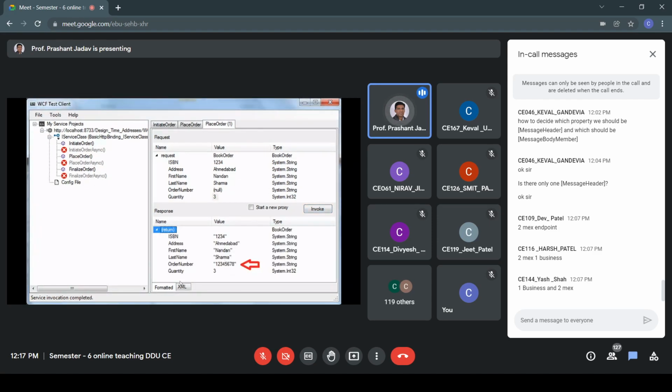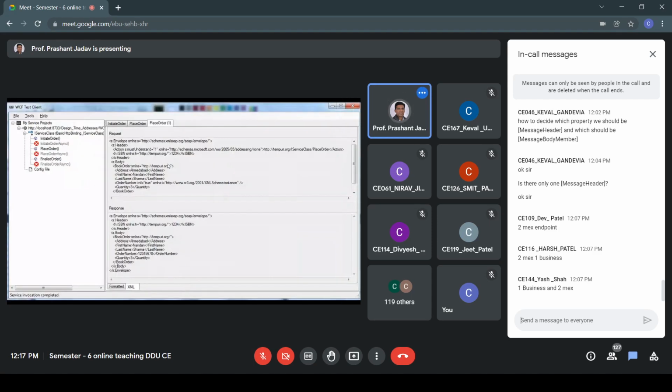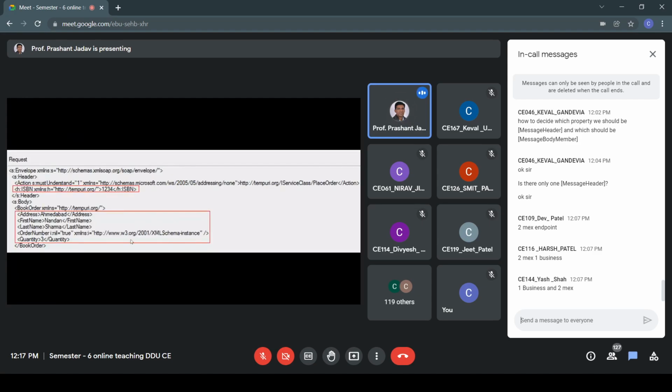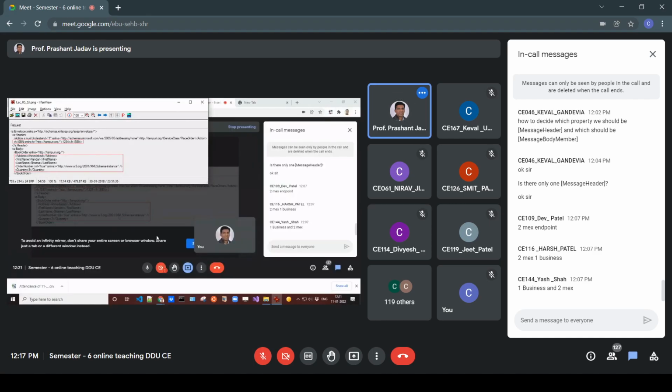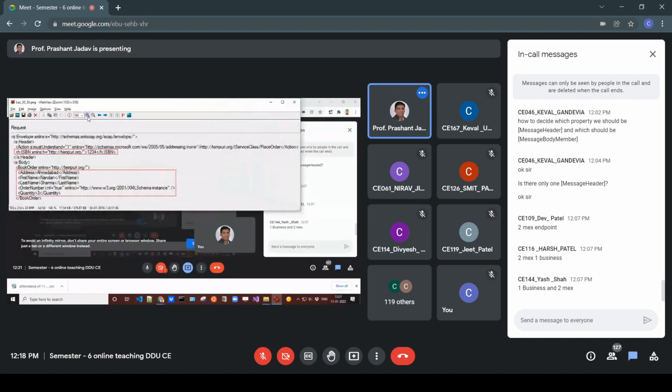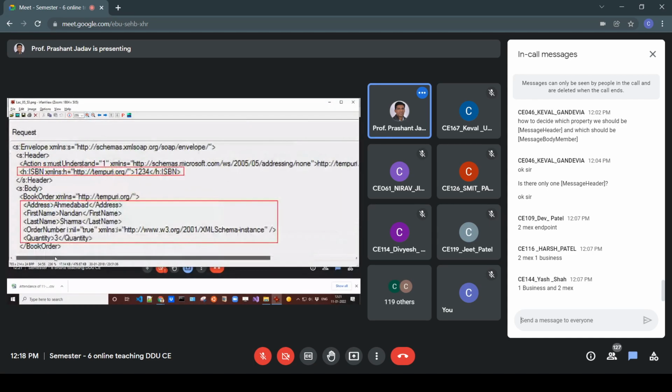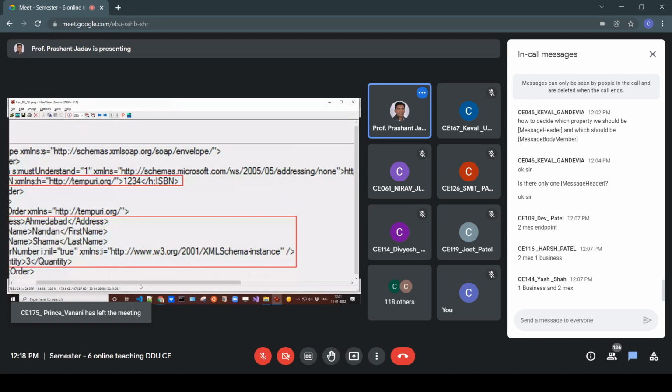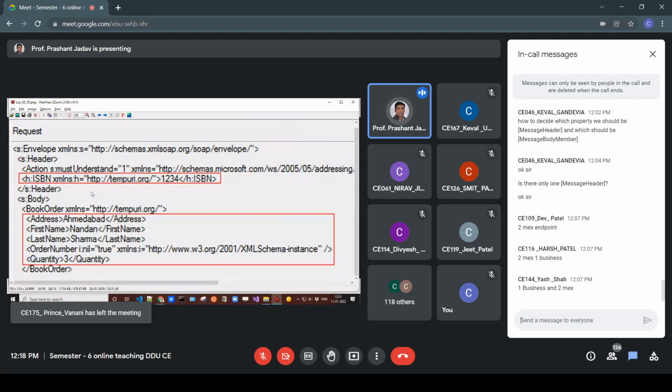We get this reply. If we click on this XML button, we have the request and reply, request and response. So let us go to the request part. Yeah, this is the request part. Now we'll observe that within the header, this ISBN number is present. Whatever we have entered will go inside this header, and the rest of the book order, like address, name, quantity,